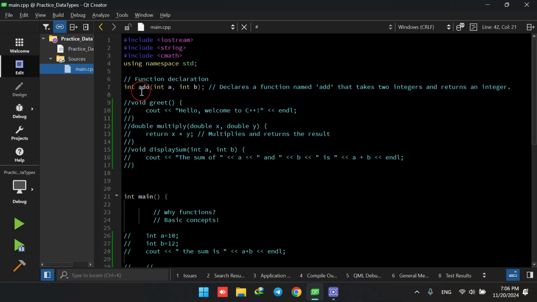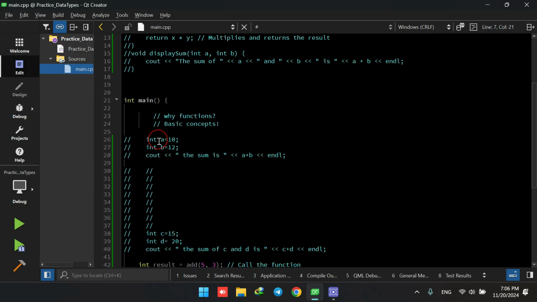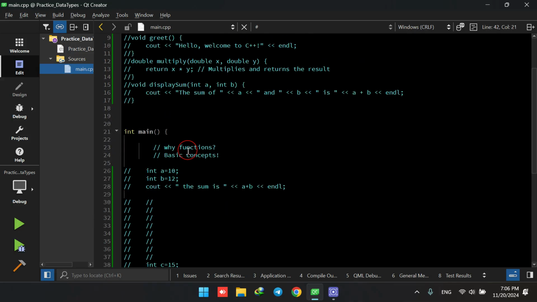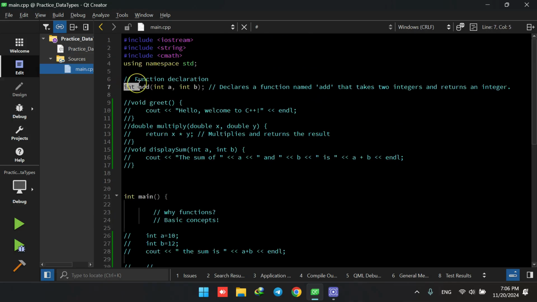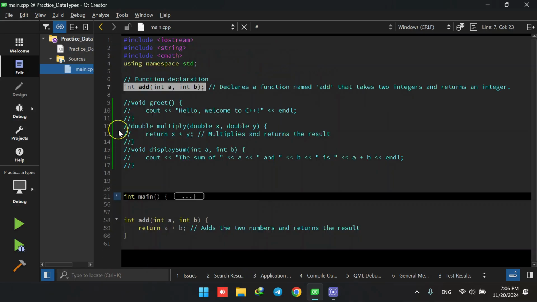Because prior to this main function we have declared the function. So we must declare it before the int main. When we call it within the int main, it recognizes it and does not return an error. However, this function is just declared here. In order to know what this function does,